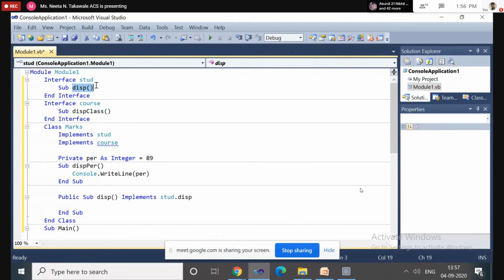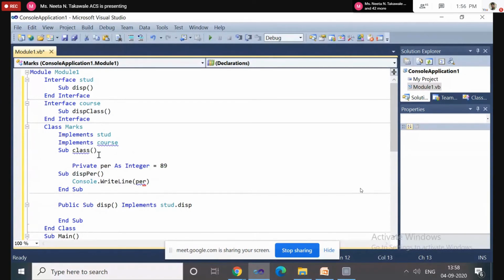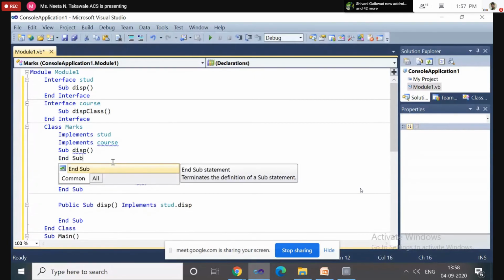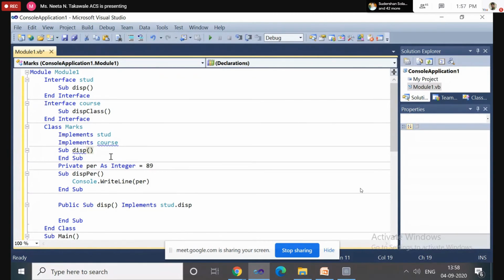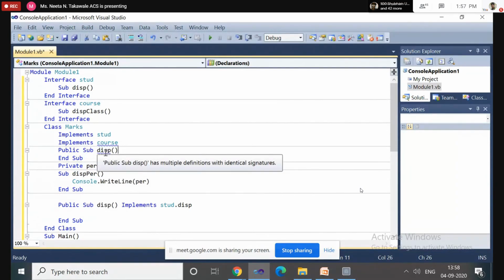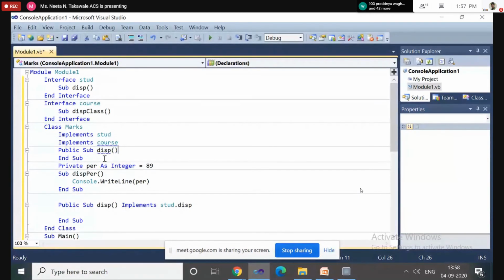Inside the derived class, you have to define the Display method and the DisplayClass method. It should be declared using Public.